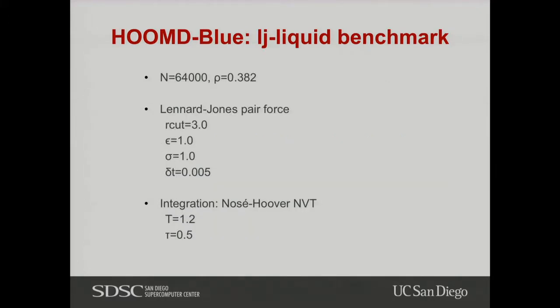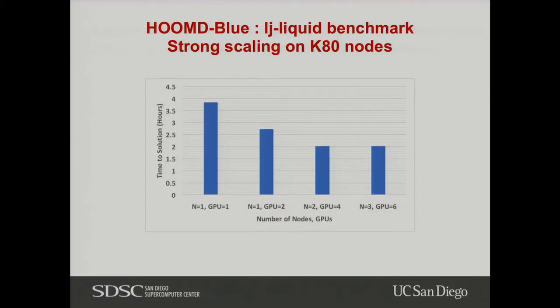So the first case is with 64K atoms and basically the Lennard-Jones pair force. So here I was trying to do a few things. So one is scale out the number of GPUs, but then when I get to the higher GPU counts, I was also trying to see if I can split them across 2 nodes or keep them on the same node. So for the Lennard-Jones case, I didn't do that, but you'll see in the results that are coming that's of,